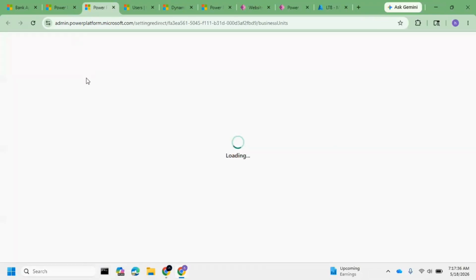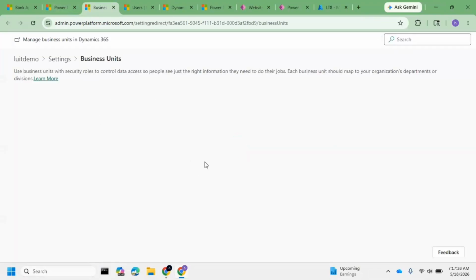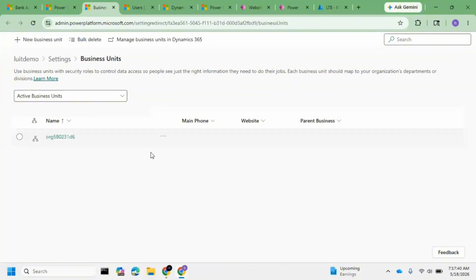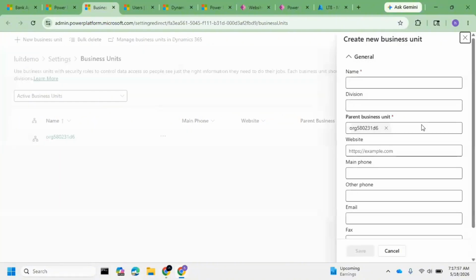For that purpose, by default in the CRM, we will be having one root BU. This is the root BU. For every CRM environment, there will be a default root BU with the org name. Now, if we want to create any new business unit, the root BU will be the parent BU and you will be creating the child BUs. Getting? So let's assume